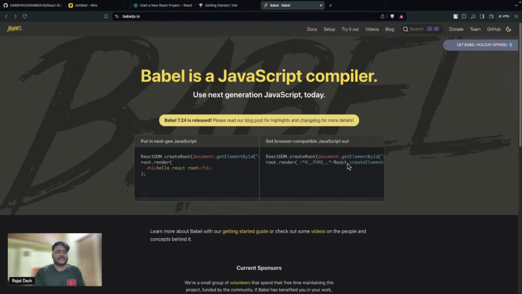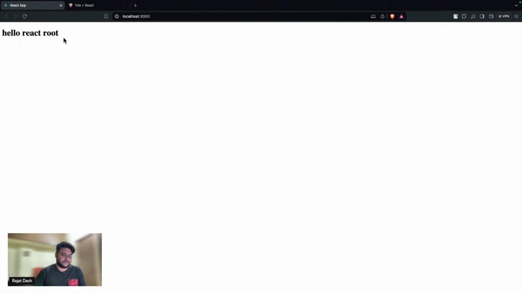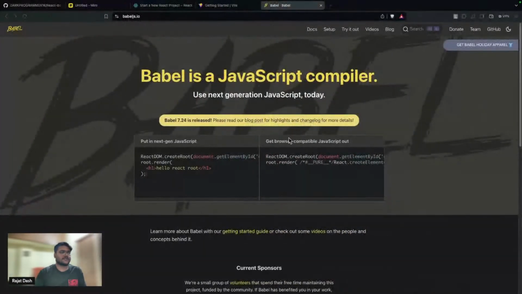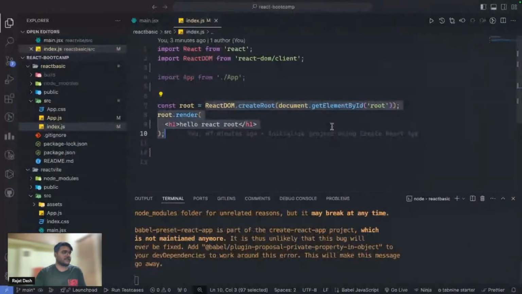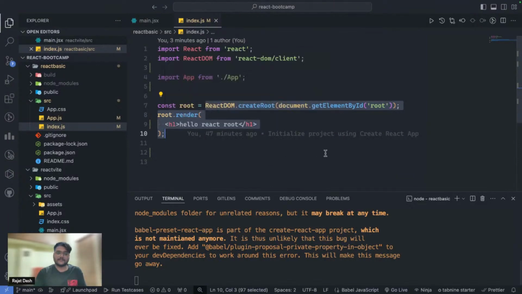If you can see here, after this is React.createElement, which is the thing we wrote out here, Hello React root. So this code is not HTML, it is JSX, and it is a React element. It is not your regular HTML.